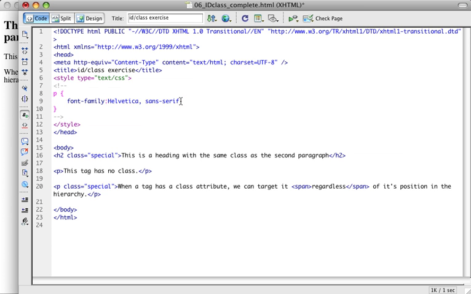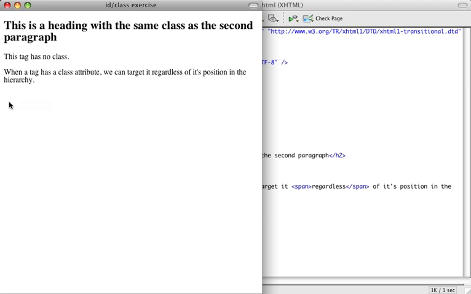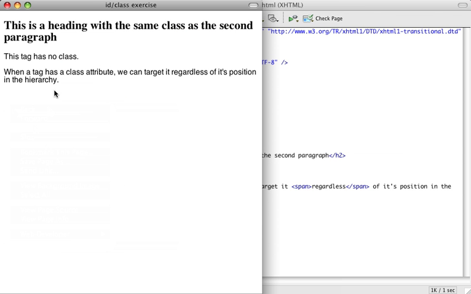I'm not going to go as deep as going to Arial there. Semicolon to terminate that. So if I save the page and refresh within the browser, we know what's going to happen. My paragraph tags are going to turn to a sans serif font, specifically Helvetica. My H2 tag stays at the default font of Times,